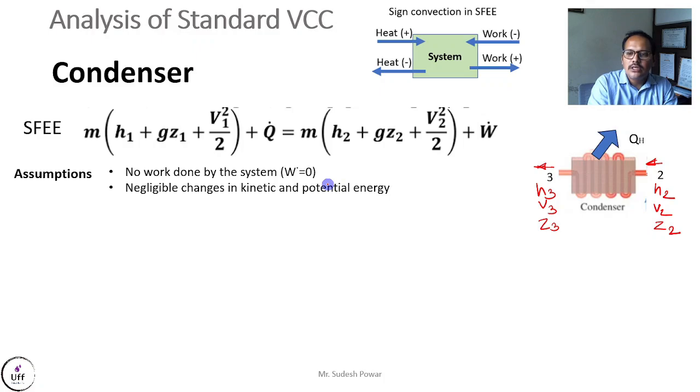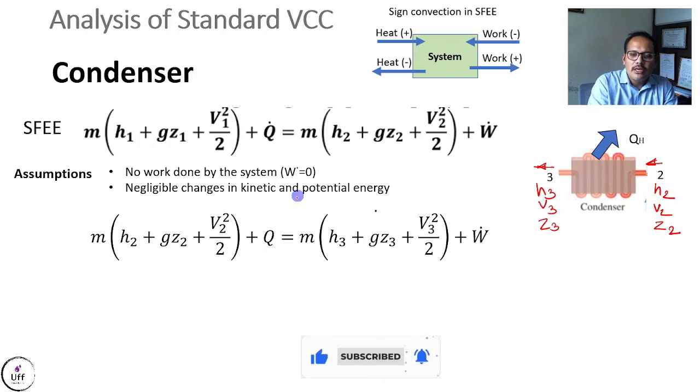So in case of condenser, we are not providing any work to the condenser, we are not getting any work from the condenser. So net work done for the system is zero. Again, negligible change in kinetic and potential energy. So if I apply these things to the steady flow energy equation, to the section 1 and 2, then again